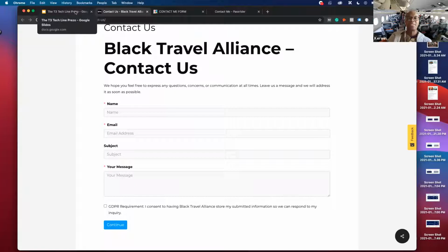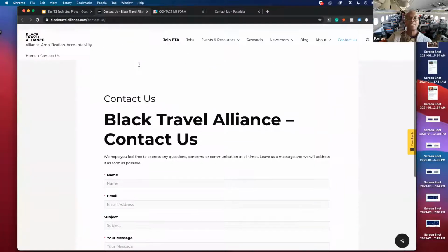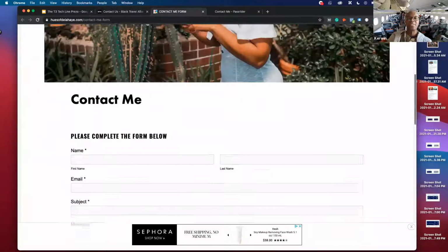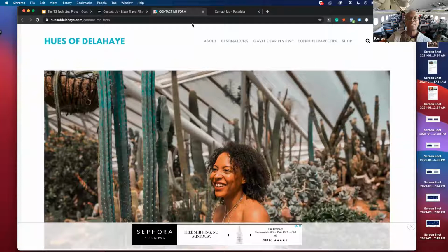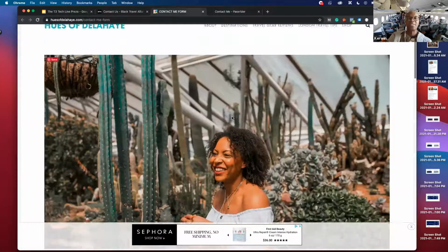I think that was the last thing we had on the forms. Yeah, that was the last example that we have. So any questions about having a contact page and why it's important to have a contact page? And don't hide it. It should be in your navigation so people can see that. It's like you saying, I don't want to hear from my customers, which is never good, right? And I always recommend a picture, like Donna K has a really nice picture on there, so that's really good.